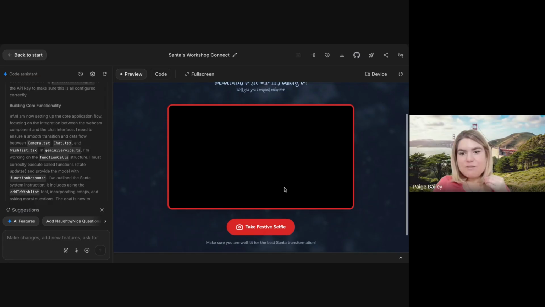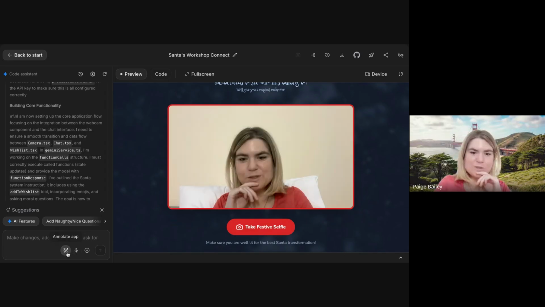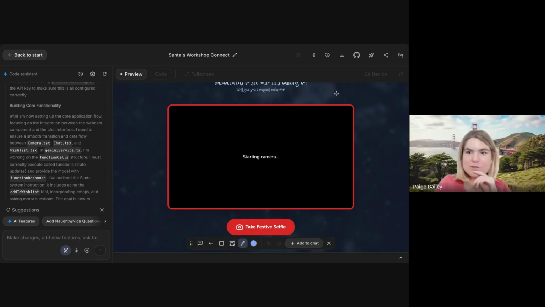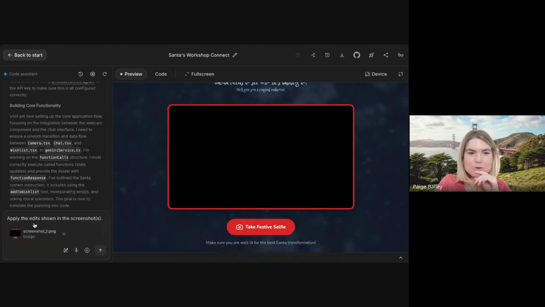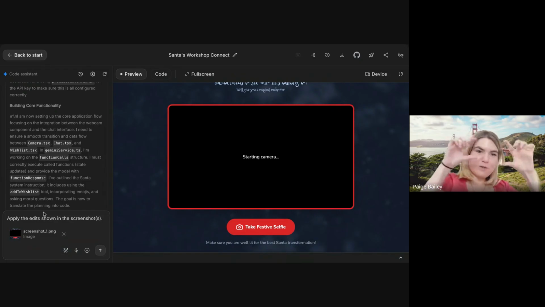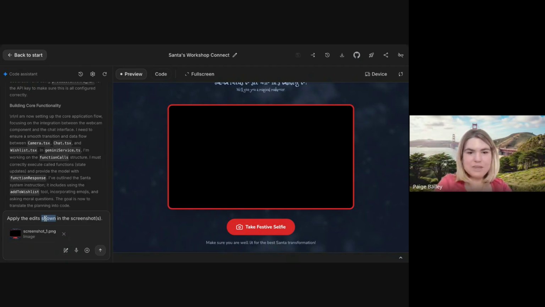It looks like it's having some struggles starting the camera. So you can see it flash the camera. I think it's because it's getting confused with the different things that I have available. It's getting confused between the Meet stream and then the camera itself in the app. And so I could say, the camera is flickering, please fix,